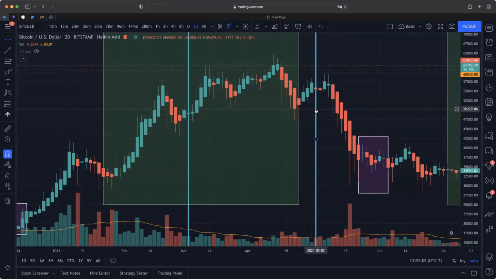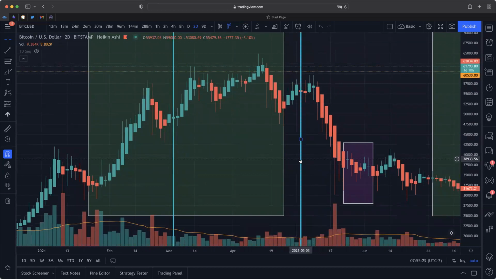In this case, it actually was a real warning for us of an impending crash that took price down from the high 50s into the low 30s, where it started basing again in the purple box. So I look at this blue line, even though it's not 100% correct all the time, I look at this blue line after the end of green as kind of like the warning line. And I'm putting a little bit more weight onto this most recent example of what happened in May,